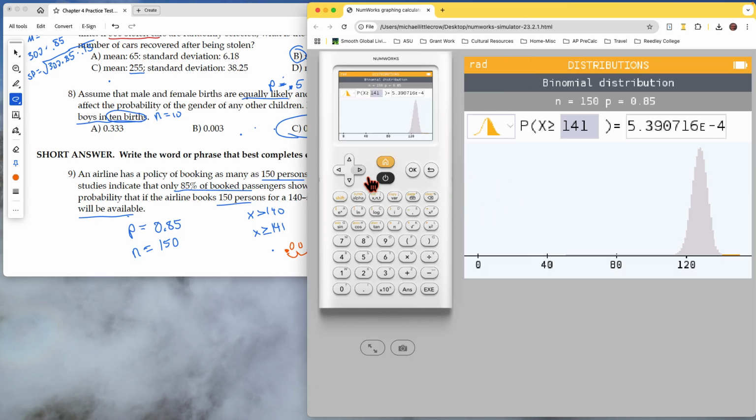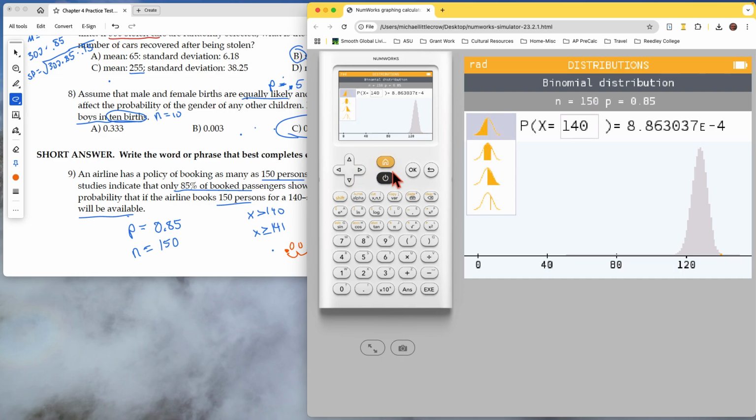And you can play with this, right? So you could come here, see what was the probability of getting an exactly full flight. That would be exactly 140 people showing up. That's also very small, that's exactly 140. But if we change this to less than or equal to 140,